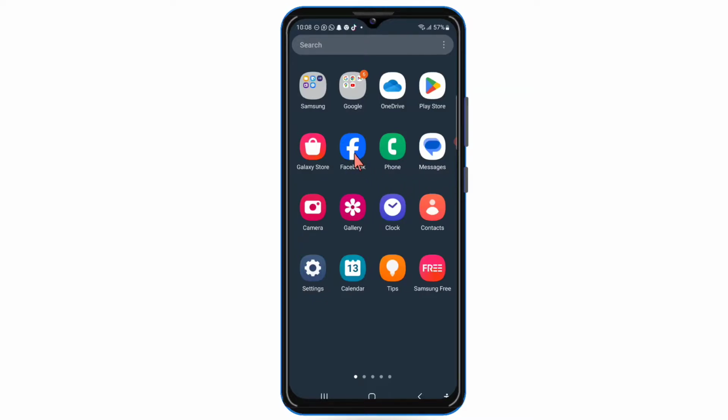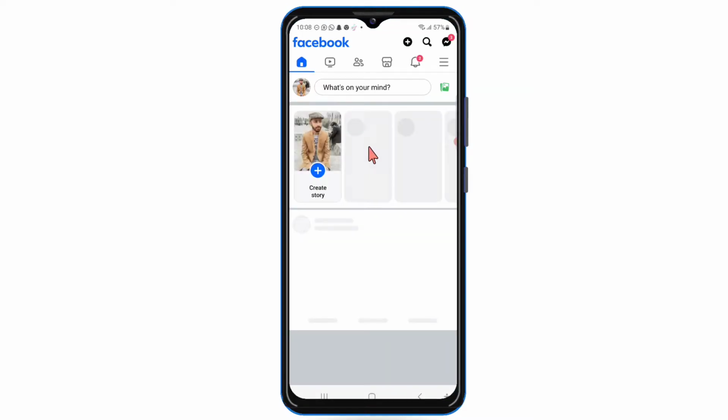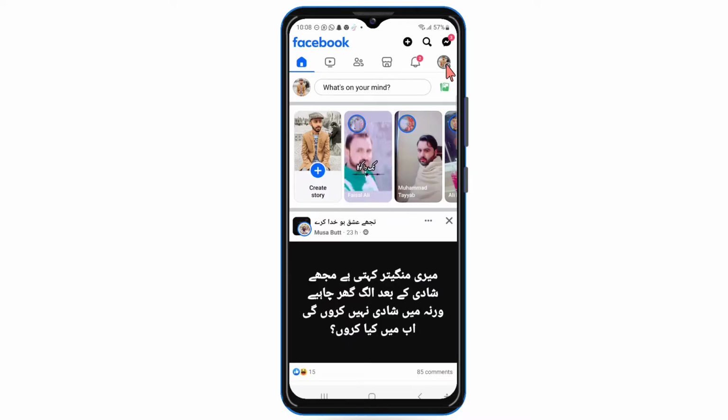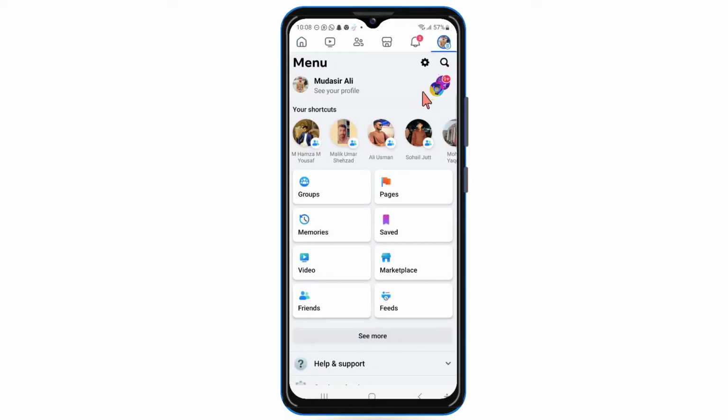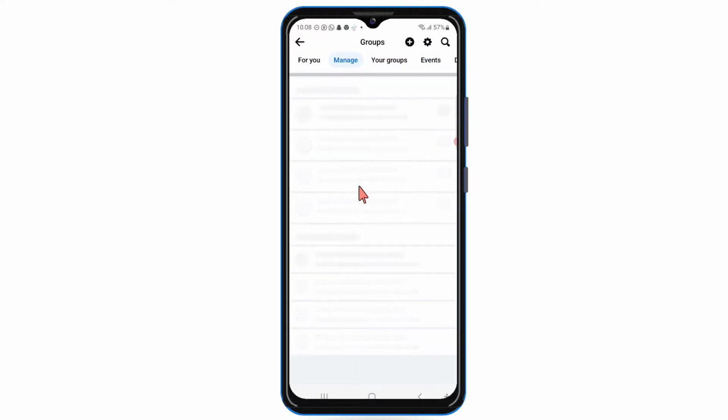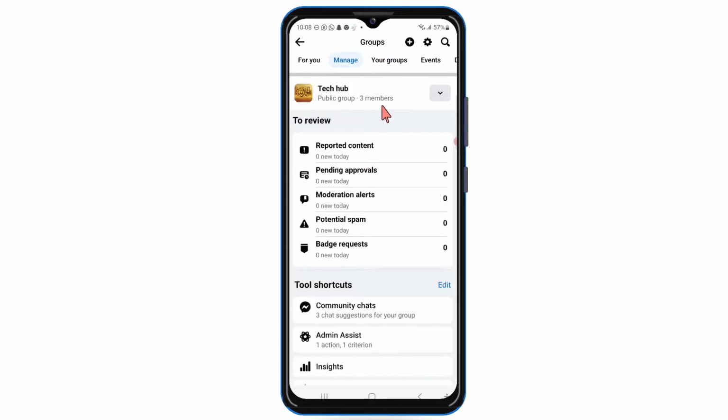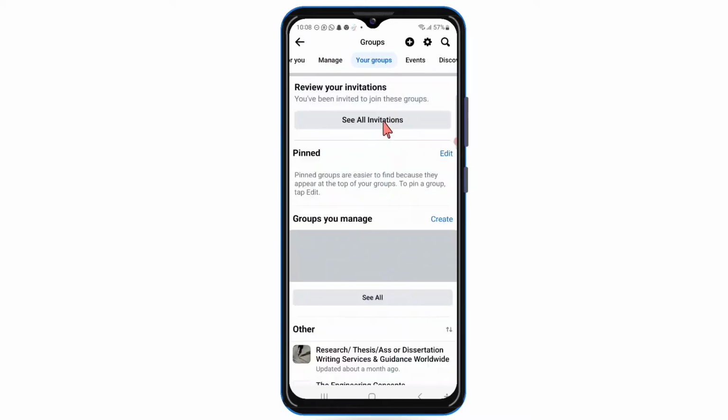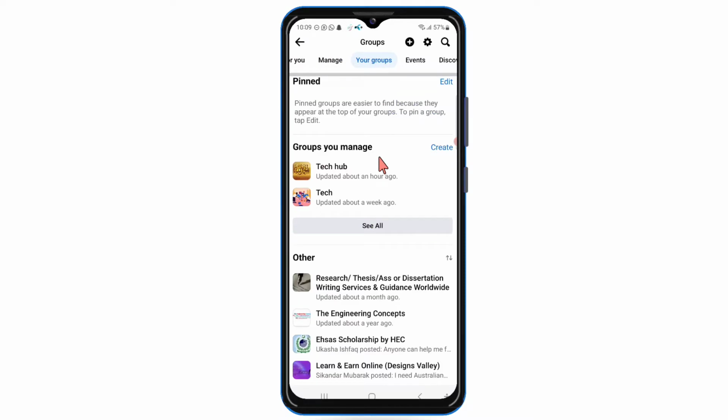First of all, open your Facebook application and then click on three lines on top right corner. After that, click on groups and then on the top menu click on your groups. After that, scroll down and here you can see all your groups will appear. Now click on the group in which you want to create a post. For example, I want to create a post in the first group, so click on it